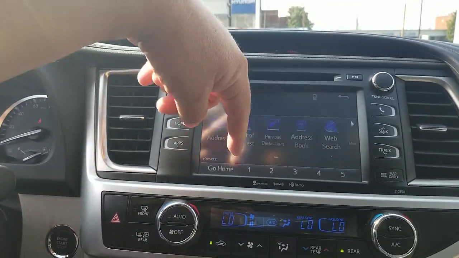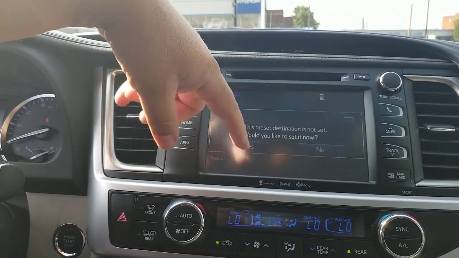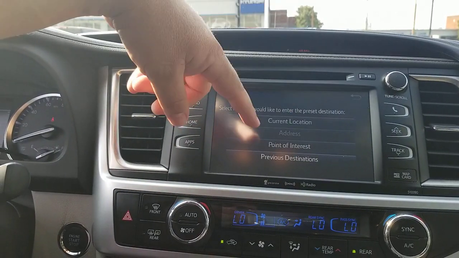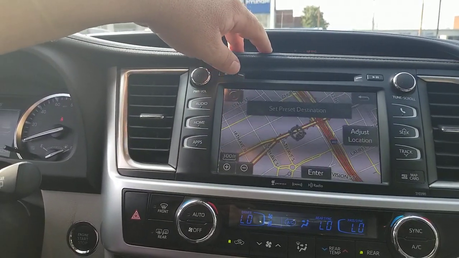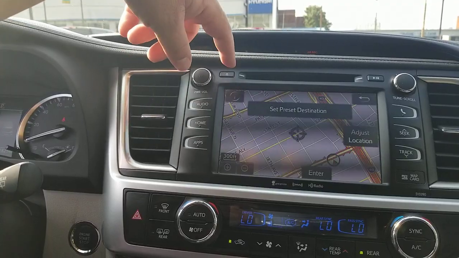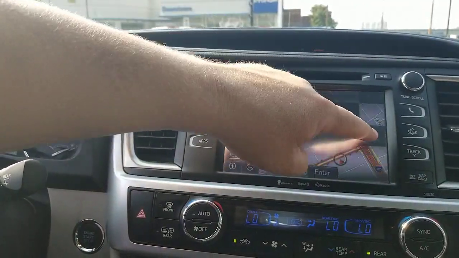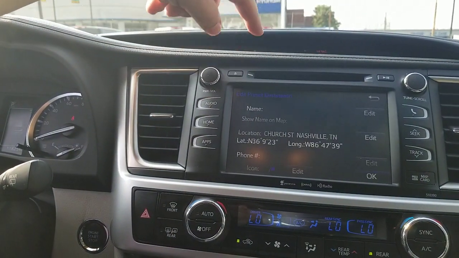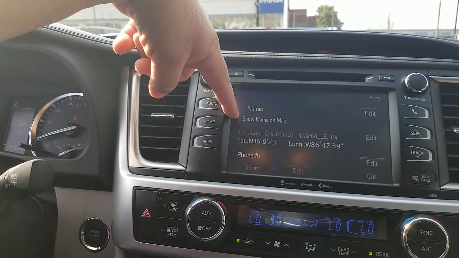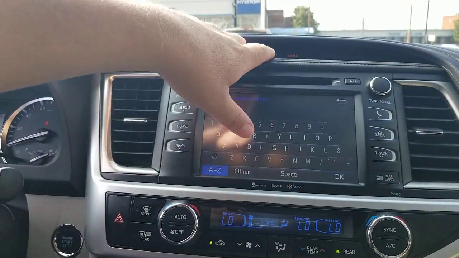Now we're going to hit this again, right? And you can hit go home if you have your home set. You can hit this. It's not set. You want to set it? Yes. All right. Well, let's set it to current location. All right. So you've set preset destination, right? To current location. You can adjust location, whatever. Hit enter and select a position. Once you select this position, now you can change the name. All right. So if you want to change that, you can put